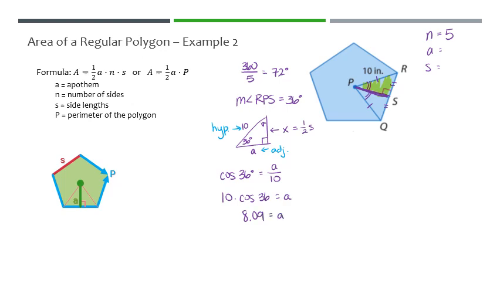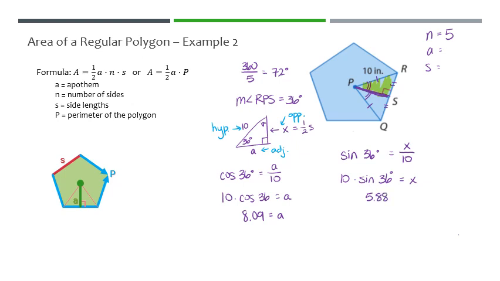Okay, same idea for X. Except this time X, well, that actually represents the opposite, of course. So the equation I want to write is involving sine. Sine of 36 degrees is equal to opposite over hypotenuse, X over 10. So 10 times sine of 36 is equal to X. Let's go ahead and plug that in. 10 times the sine of 36 is equal to